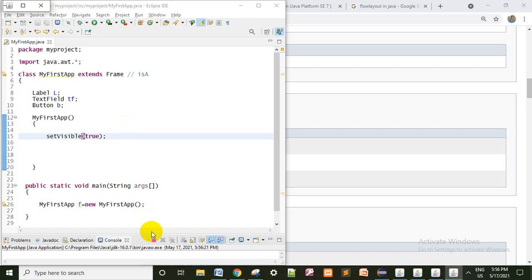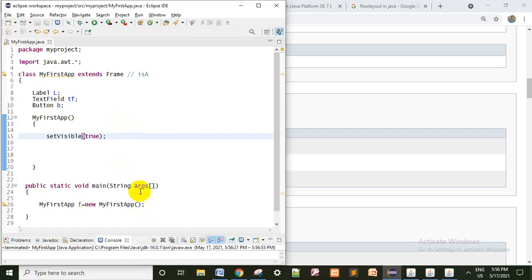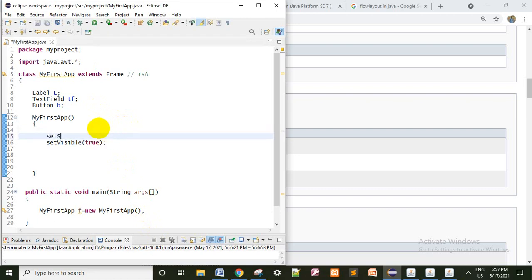So I stop it forcefully by clicking the stop button. Now it is closed. Then I will set the size. There are two parameters we need to pass, 400 width and 400 height. Then save and execute this one.